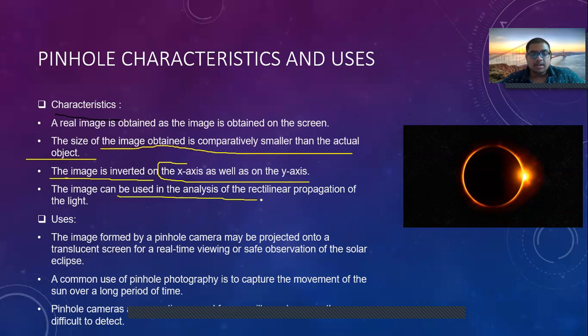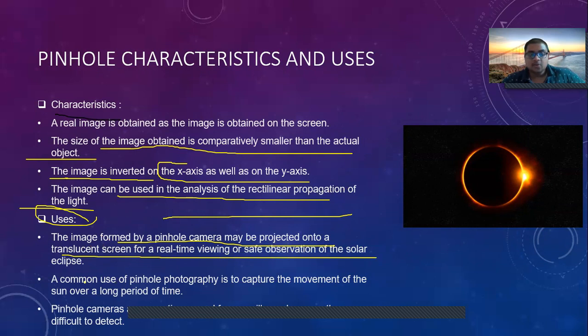The image can be used in analysis of rectilinear propagation of light. Rectilinear propagation of light means light travels in a straight line. And what are its uses? Image from a pinhole camera may be projected onto a translucent screen for safe observation of a solar eclipse. Yeah, you can also watch a solar eclipse with it projected onto a translucent screen, but